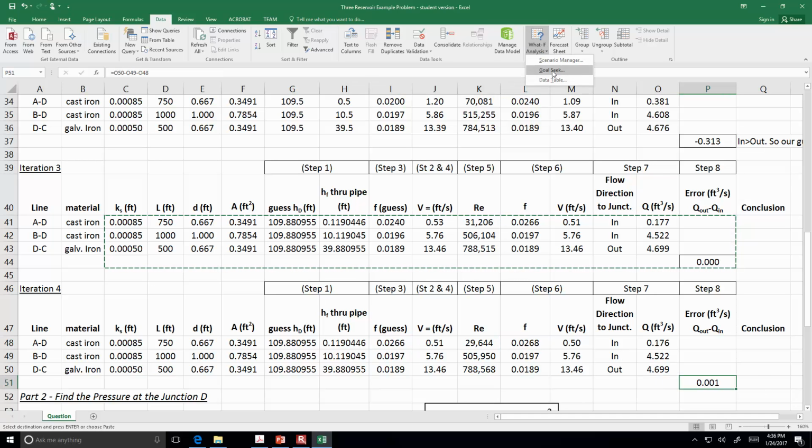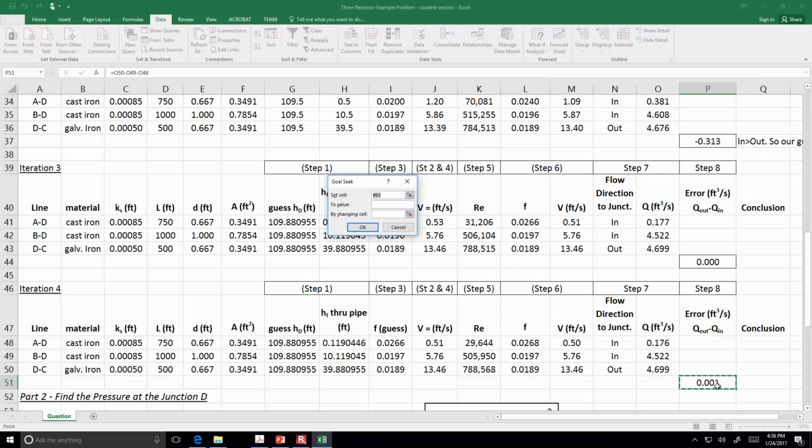What-if analysis, Goal Seek: I want the sum of the errors to be 0 by changing this guess value. And we'll change it ever so slightly, or not at all, I guess. It was already converged enough in the mind of Goal Seek. Maybe I'd have to turn on Solver to get a tighter iteration, but the point is that if you do